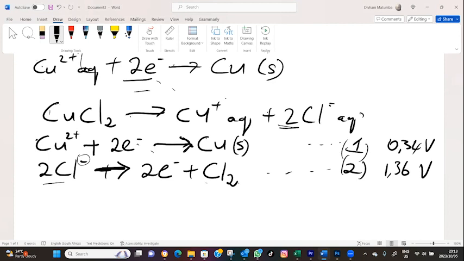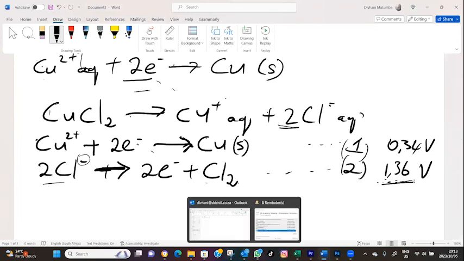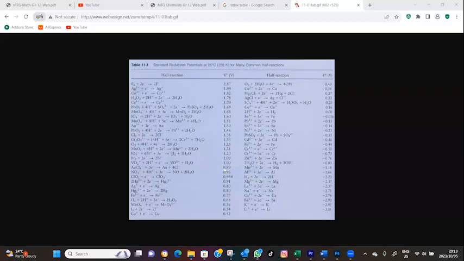Now, what you will notice is that because this one has high potential, it means for a spontaneous reaction, this should be a forward reaction as per the reduction table, because it has higher potential. However, for us to split and produce chlorine gas, we need to reverse